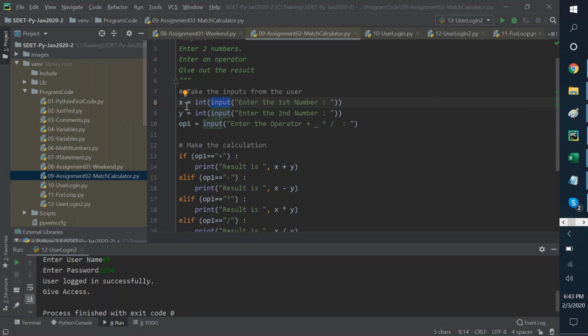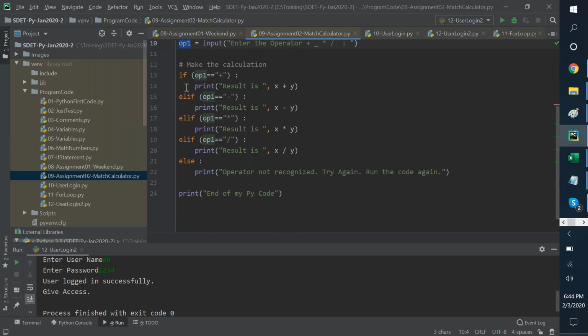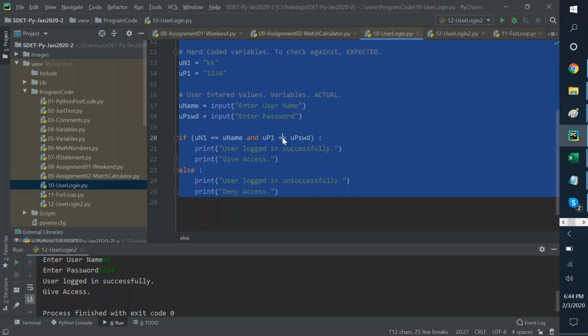Anyways, so 2 inputs with changing it, getting into x, y, operator, saying what is the operator, and we're asking the user to select from one of these. And we're using a simple if, elif, else, and saying if operator is this, then do this. If it's this, then do this. Else this, then do this. This basically is helping us to groom our skills on programming. And today we're all going to sit on an exercise. You may spend about 10-15 minutes to get going with the logic, and we'll see how that goes.